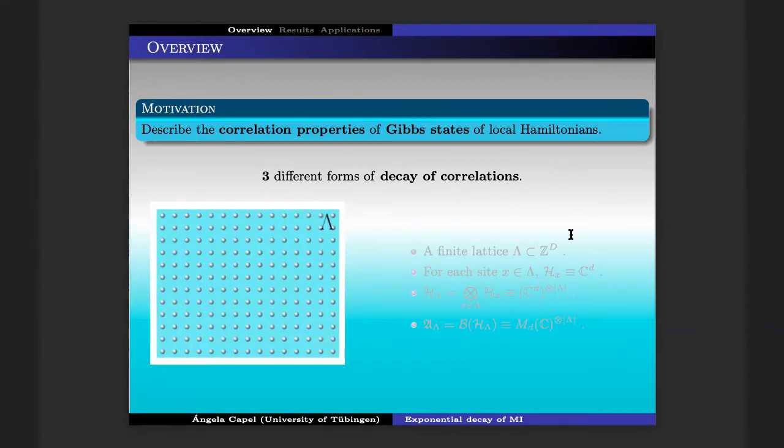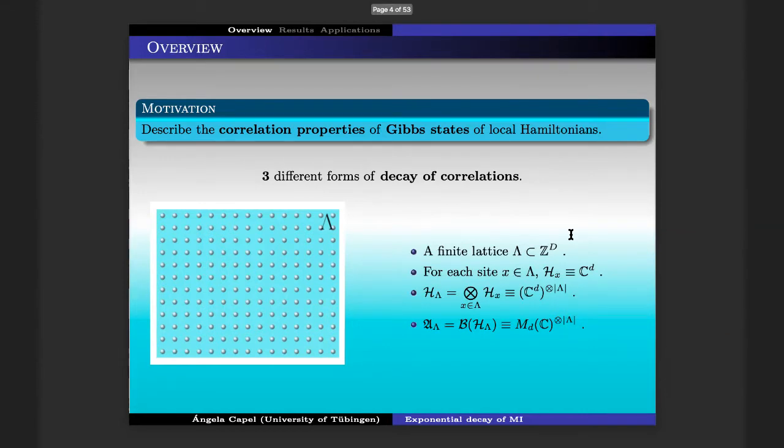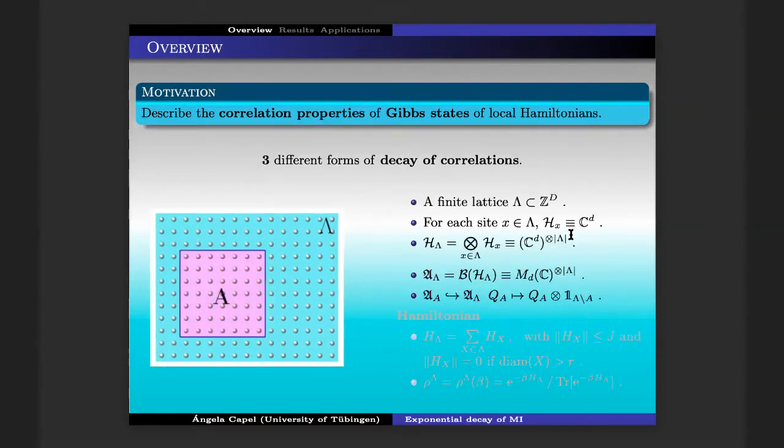Before going to the different forms of decay of correlations we use, I just want to introduce some notation. We're going to consider a finite lattice. For each site of the lattice, we're going to fix a finite-dimensional Hilbert space, so the states live in the tensor product of these spaces. And we're going to consider the algebra of observables supported on lambda. Every time that we consider a subregion A, we consider the natural embedding of the observables supported on A into the algebra on lambda just by tensorizing with identity in the